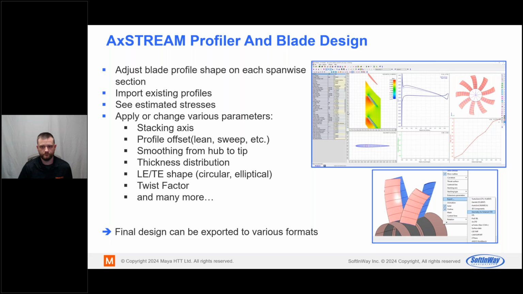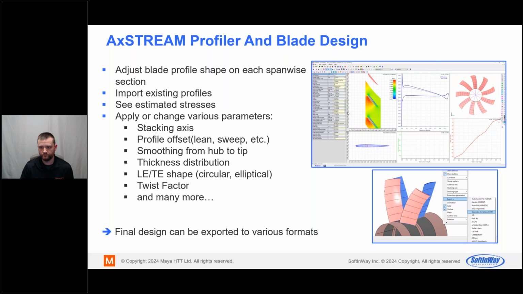Then, in the subsequent blade design, we are coming to the profiler and the actual blade designer. And here we can adjust our blade on each span-wise section. So we have various profiles on each section, and we can change the inlet angle, outlet angle, stagger angle, you name it, the thickness distribution, and so on.